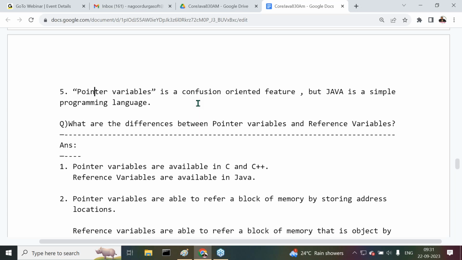This is multi-level pointers. If the multi-level pointers have one level, second level, third level, it is okay. We can trace which pointer is referring to which pointer and which pointer is referring to the data. We can trace it easily. But if we go for 7th level or 10th level of pointers, if we increase the levels of the pointers, definitely we are not going to have control over the tracing of the pointers. Which pointer is referring to which pointer, that is a problem. We get a tracing problem here. There's a bit of confusion. That's why we say that pointer variables is a confusion oriented feature, but